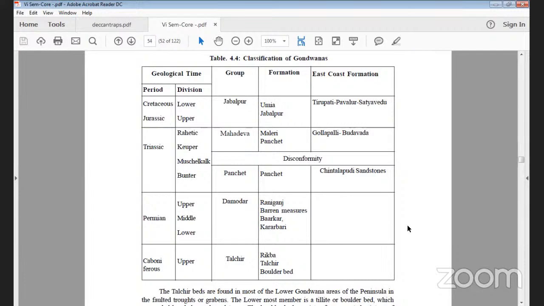Next, the Triassic period. The Triassic period is divided into four divisions. One, Bunter. Second, Muschelkalk. Third, Keuper. Fourth, Rhaetic. The Bunter formation or group is divided into the